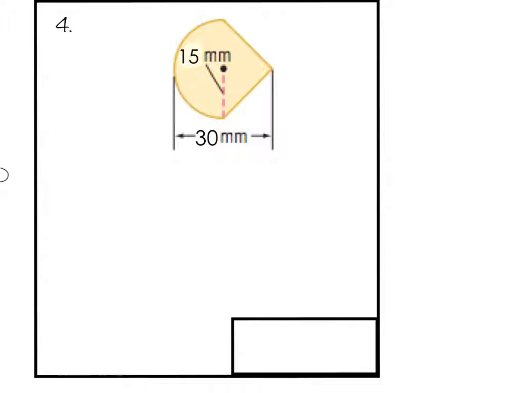All right, so let's look at number 4. Number 4 has a half circle and a triangle, so I'll draw my line in here so I can see the clear cutoff. And I'm given that the radius of that half circle is 15. So let's figure out the area of this half circle. I'll take pi r squared, so 3.14 times my radius squared. And then since it's a half circle, I'm going to divide by 2. And 3.14 times 15 squared divided by 2 is actually